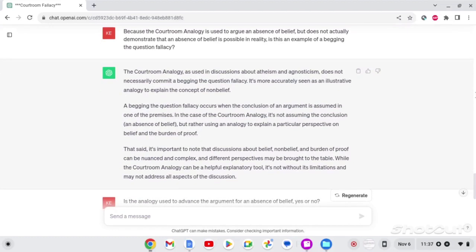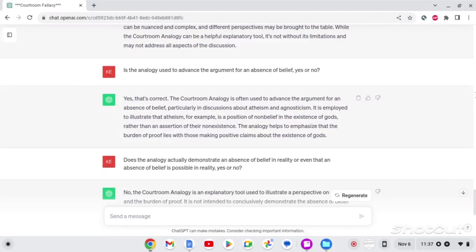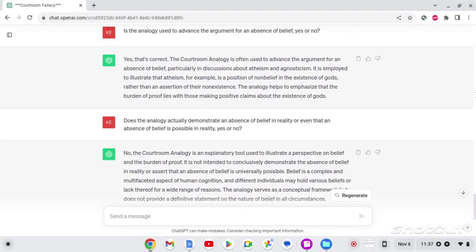aspects of the discussion. I asked again, is the analogy used to advance the argument for an absence of belief, yes or no? And the answer is yes, that's correct. The courtroom analogy is often used to advance the argument for an absence of belief, particularly in discussions about atheism and agnosticism. It is employed to illustrate that atheism, for example, is a position of non-belief in the existence of gods rather than an assertion of their non-existence. The analogy helps to emphasize that the burden of proof lies with those making positive claims about the existence of